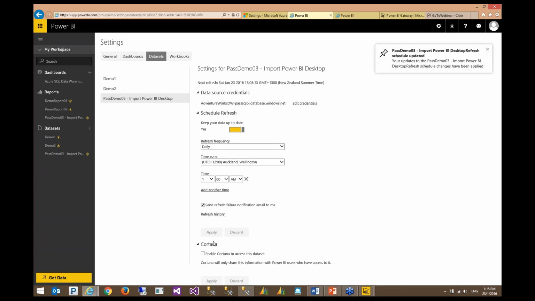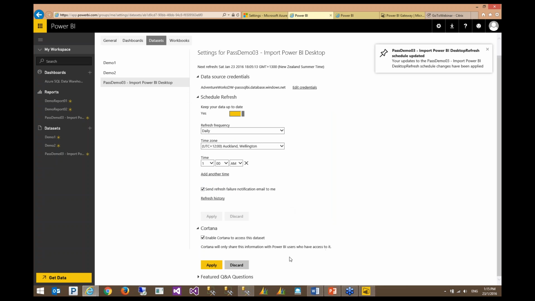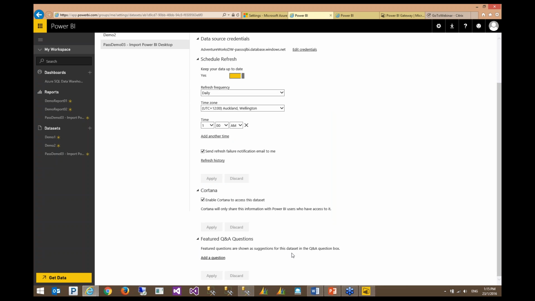And Cortana is a new feature available in Power BI service. Cortana and Q&A questions are the features that are available only when you load data into the model. So this is another restriction for you if you're going to create a near real-time monitoring system. Keep in mind that you do not have any Q&A question boxes, or you cannot use Cortana in Power BI service, and also DAX and Power Query are not available in these scenarios.